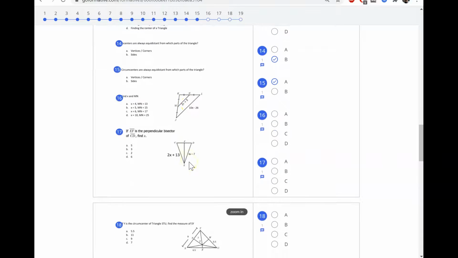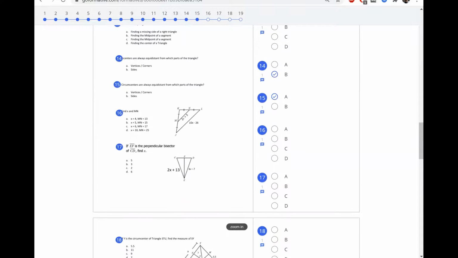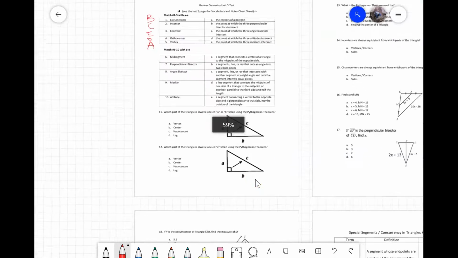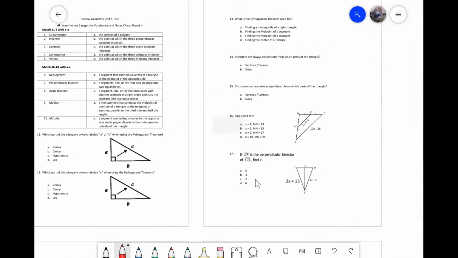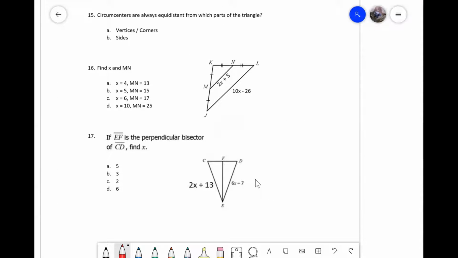Cool. Now for 16 and 17, we gotta do some algebra. So let's take a look over here. Let's do these two. Now this was tough on the math excels, but